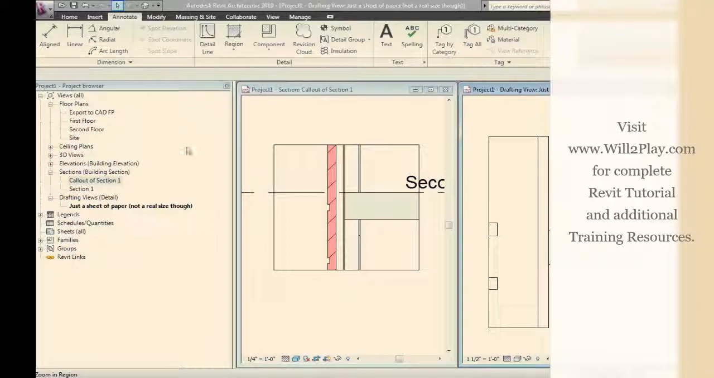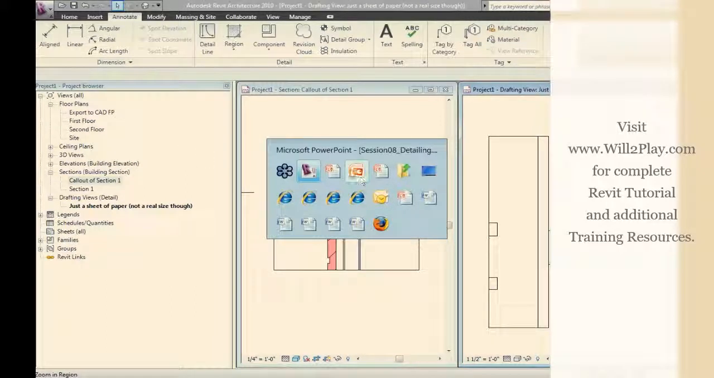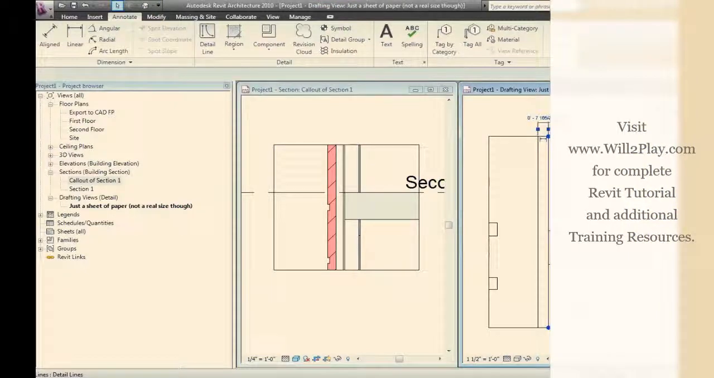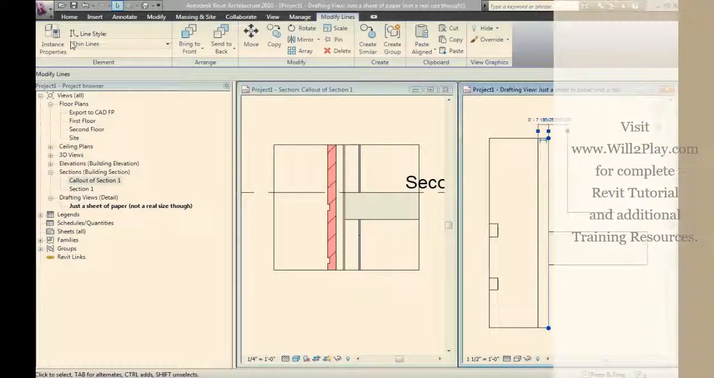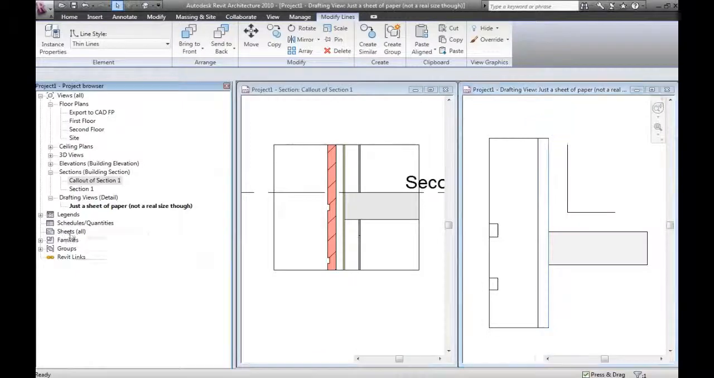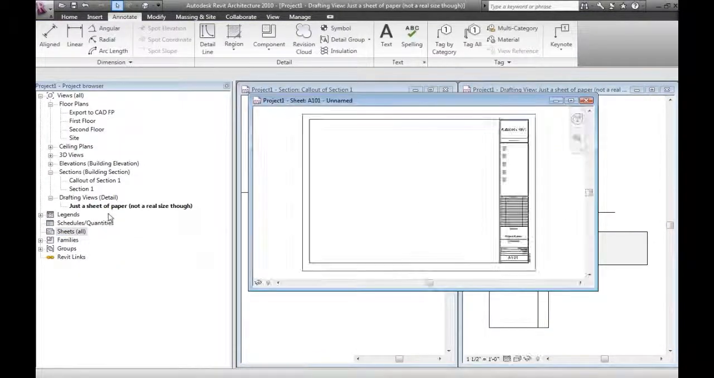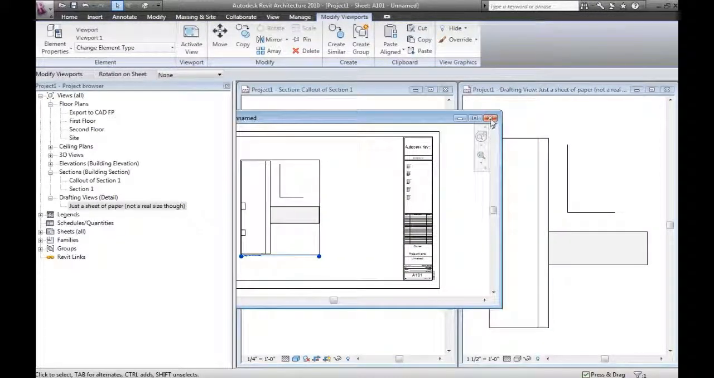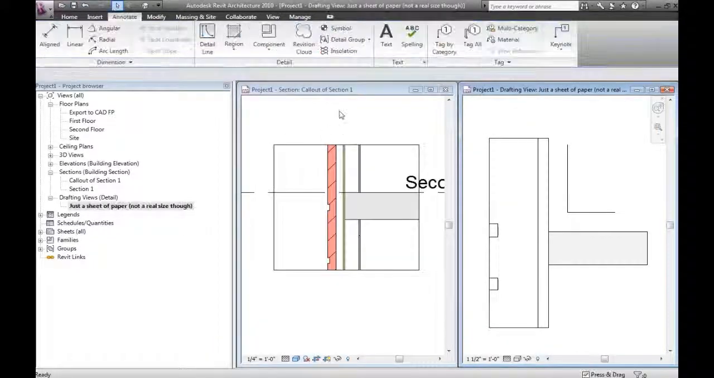So from here, the question becomes, let's go back to the PowerPoint presentation. Do you understand what a drafting view is now? Literally, it is just a sheet of paper that you can draft on top of, that you can then drag and drop onto a sheet, and it looks like a drafting view. It looks like another view, but it does not reference the real model in any way. And the way that we would use this drafting view, if we were